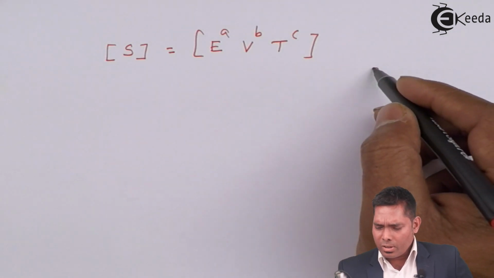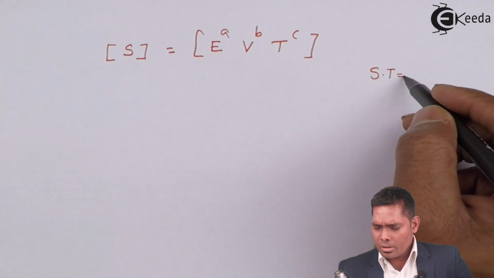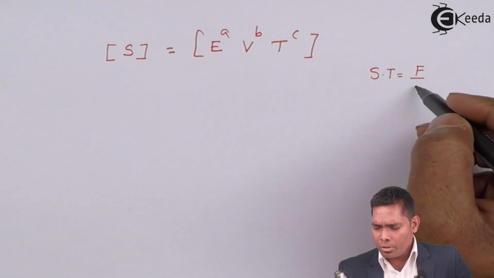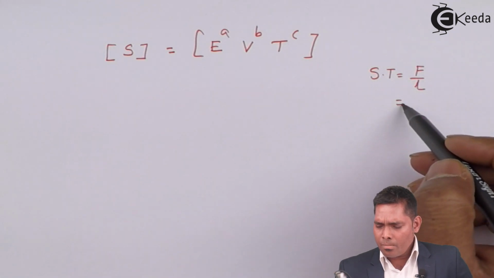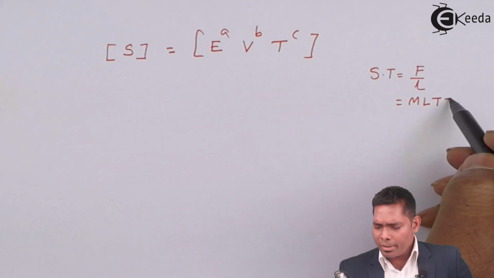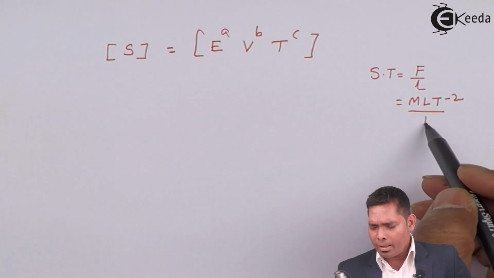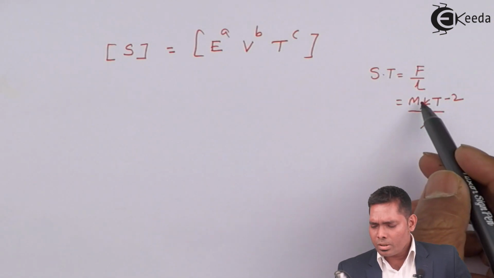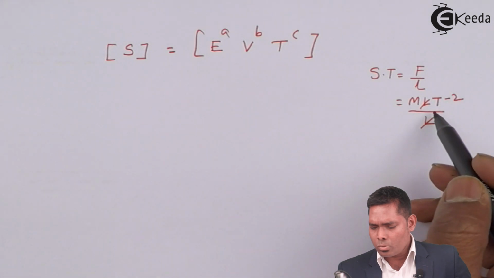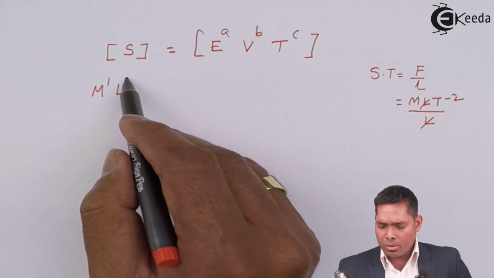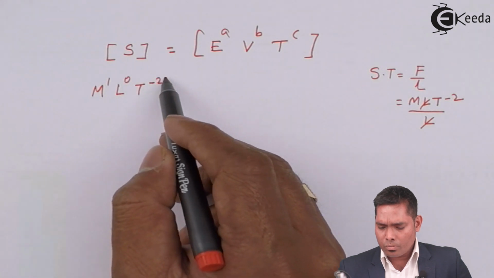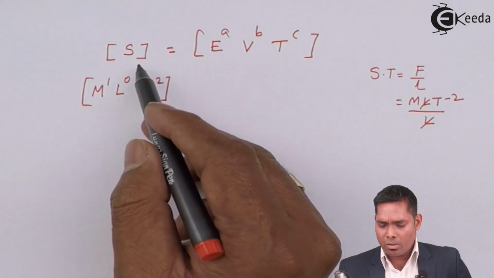We know that surface tension is force per unit length. So force is M L T to the power minus 2 in terms of dimension, divided by L. This L cancels. So it is M T to the power minus 2, or I'll write M to the power 1, L to the power 0 and T to the power minus 2. This is the dimension of S,